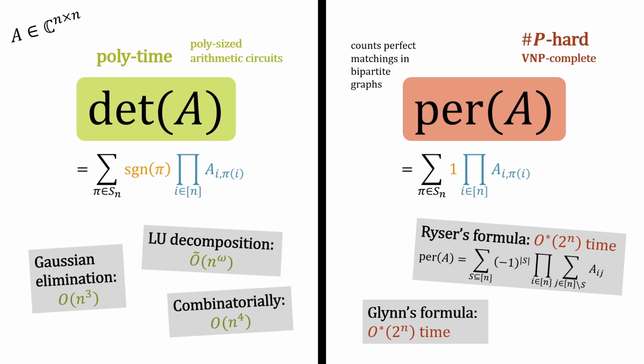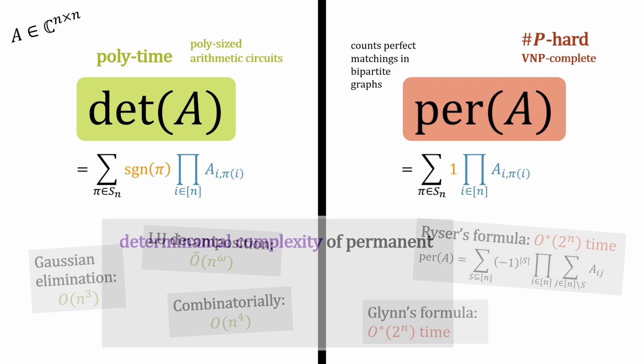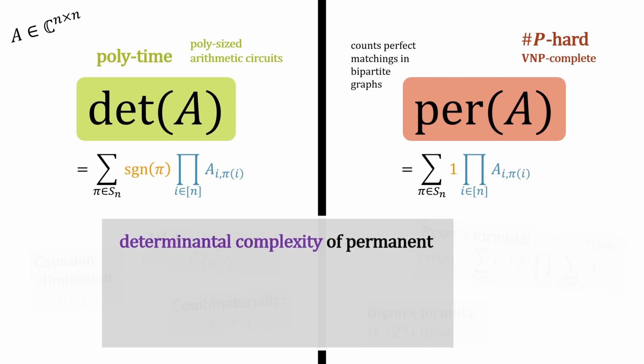And people have also tried to prove unconditional lower bounds. More precisely, there is an algebraic variant of the P versus NP question, namely the permanent versus determinant problem. This problem asks about the minimum size of a determinantal projection of the permanent. What does that mean? For fixed n, let's consider the matrix with indeterminate x_ij at position ij. These are n-square indeterminates. The determinant and the permanent of this matrix are multilinear polynomials of degree n in these n-square indeterminates.